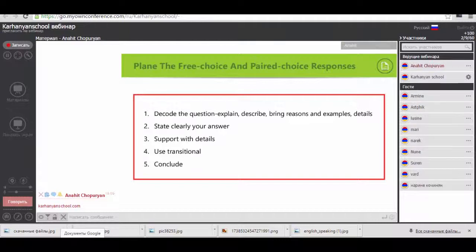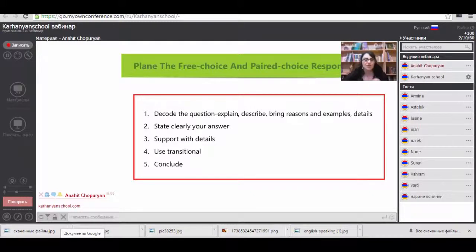State clearly your answer. You must not wander around. Just stay concrete here. Be to the target, to the point. State clearly what you think about the topic. For example, if your topic is about food, just clearly state, I like pizza because... Don't say there are a lot of tasty foods, because in speaking you don't have much time